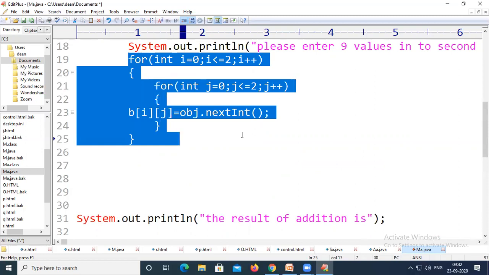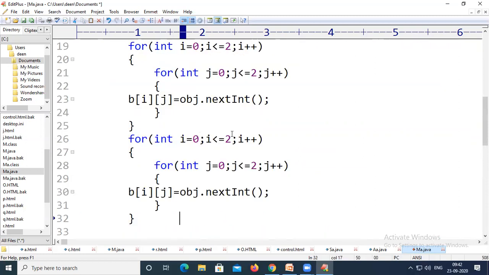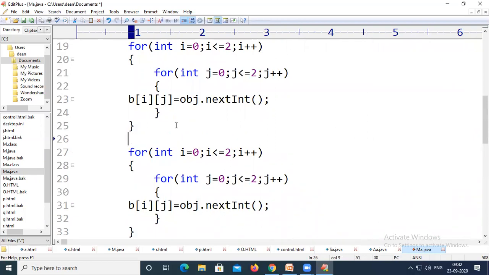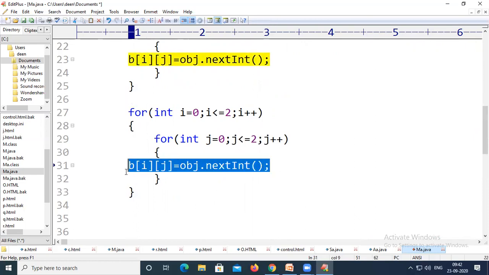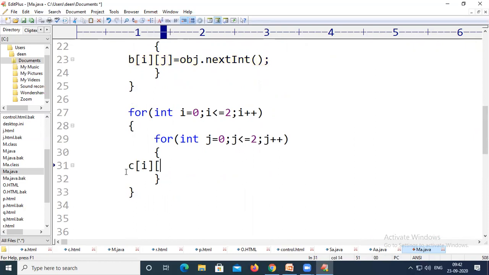Let us copy the for loops again. It is very simple. If you learn how to write this for loop for a multi-dimensional array, how to use this nested for loop concept for a multi-dimensional array, it will be very easy for you. Now what I want to write is c[i][j] equal to a[i][j] plus b[i][j], right? So c of ij equals a of ij plus b of ij.